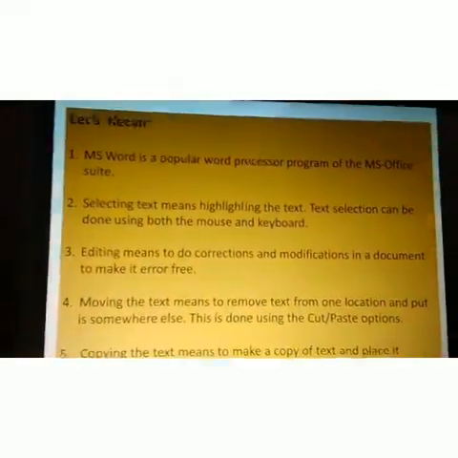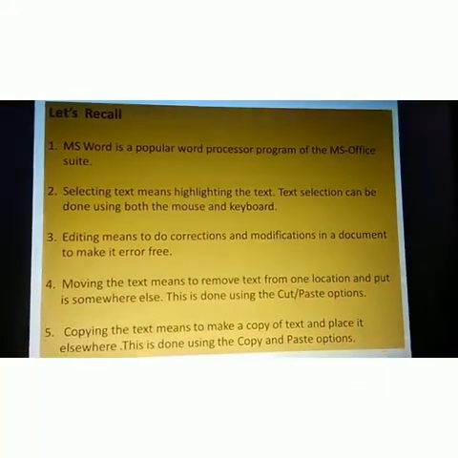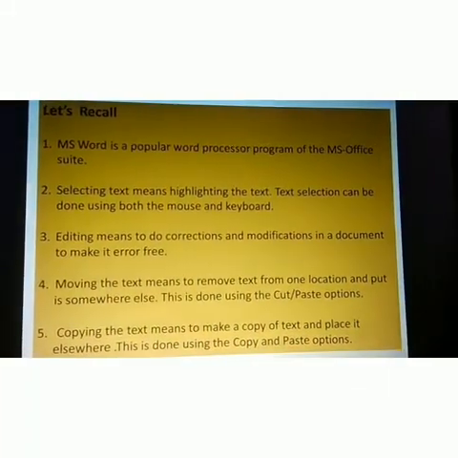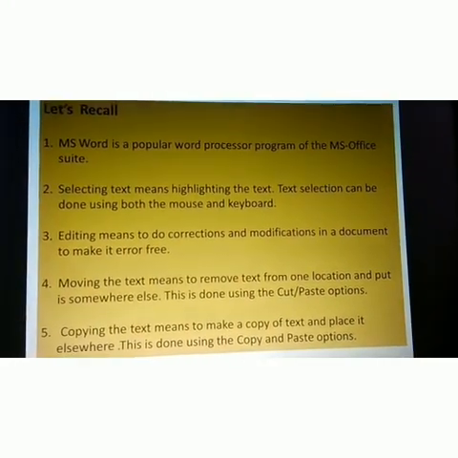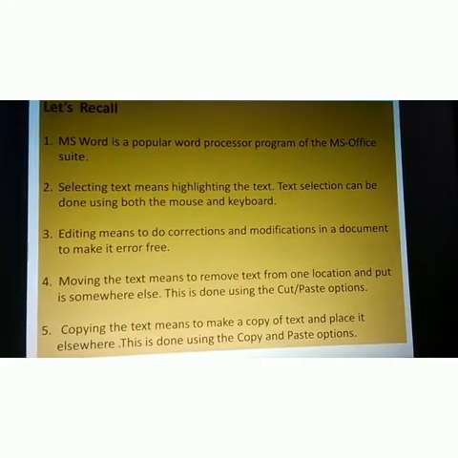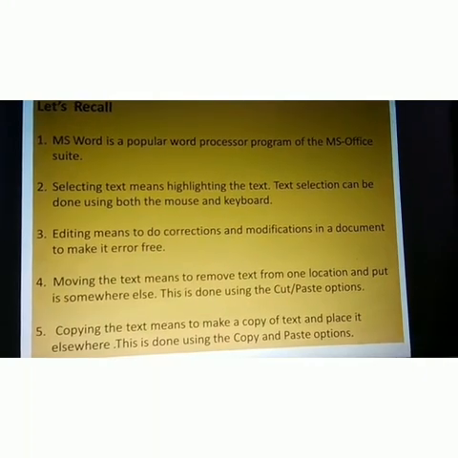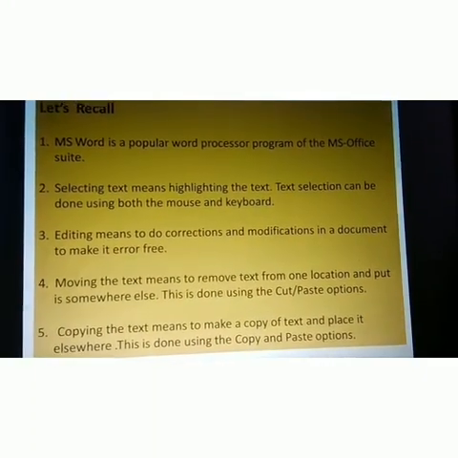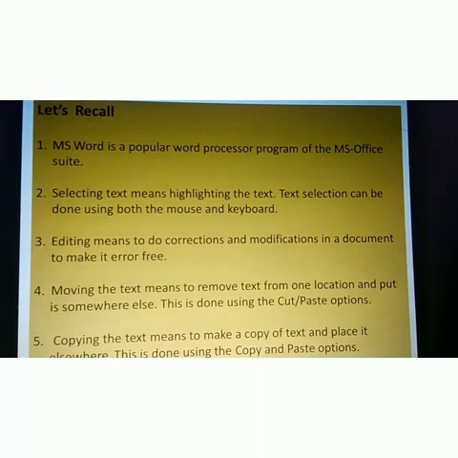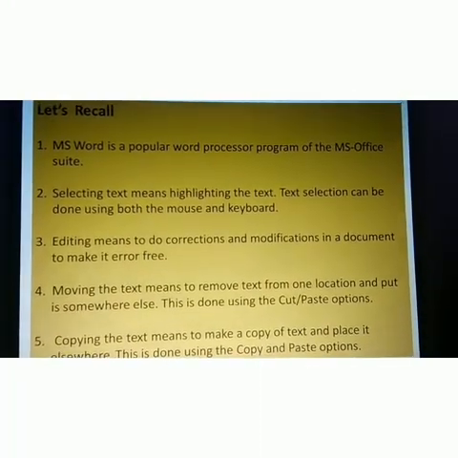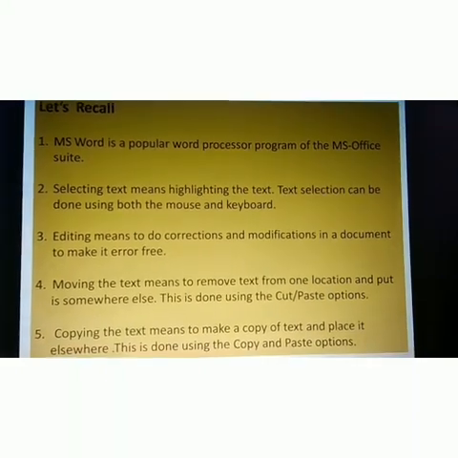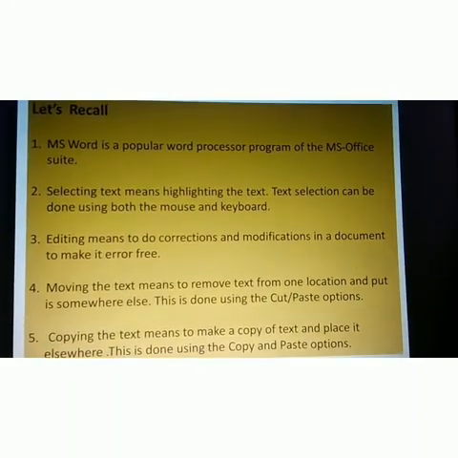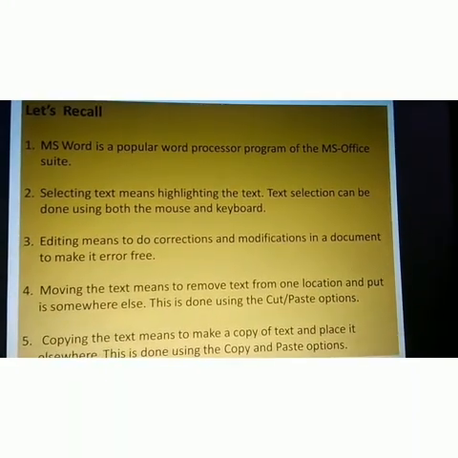Now students, today we are going to recall the points of your chapters. Number first, MS Word is a popular word processor program of the MS Office suite. Then selecting text means highlighting the text. We already discussed this in the chapter.